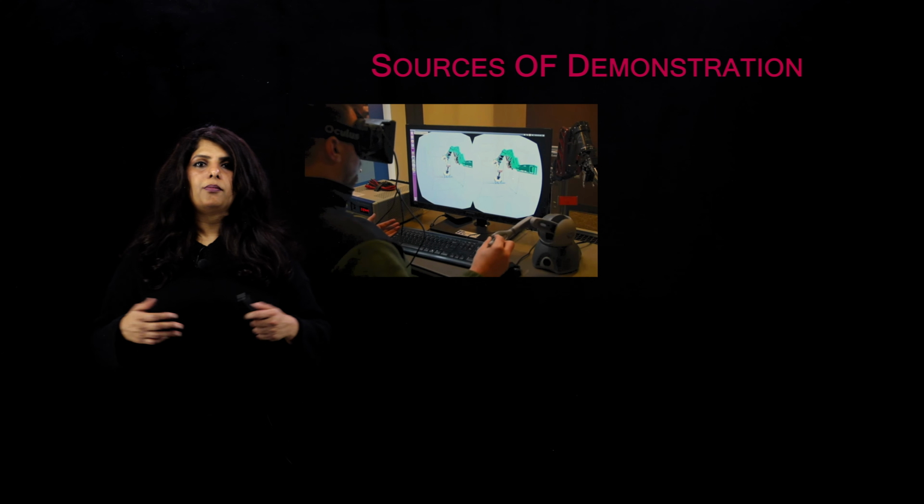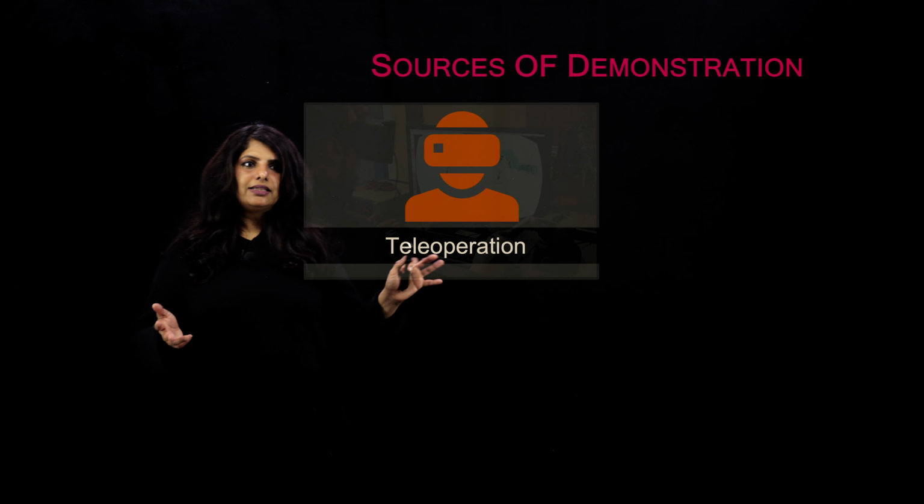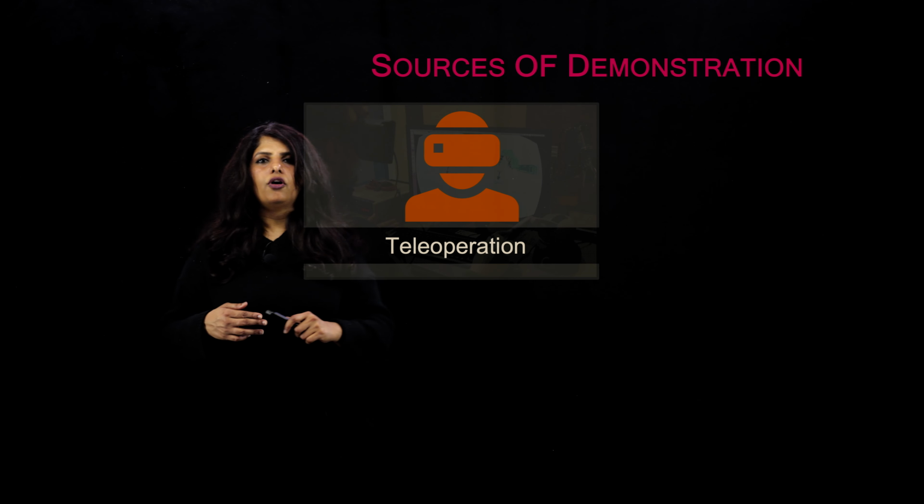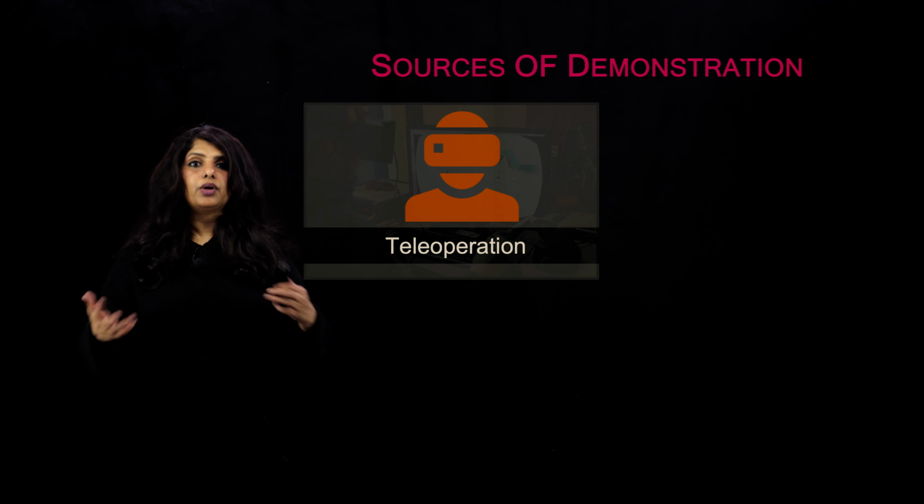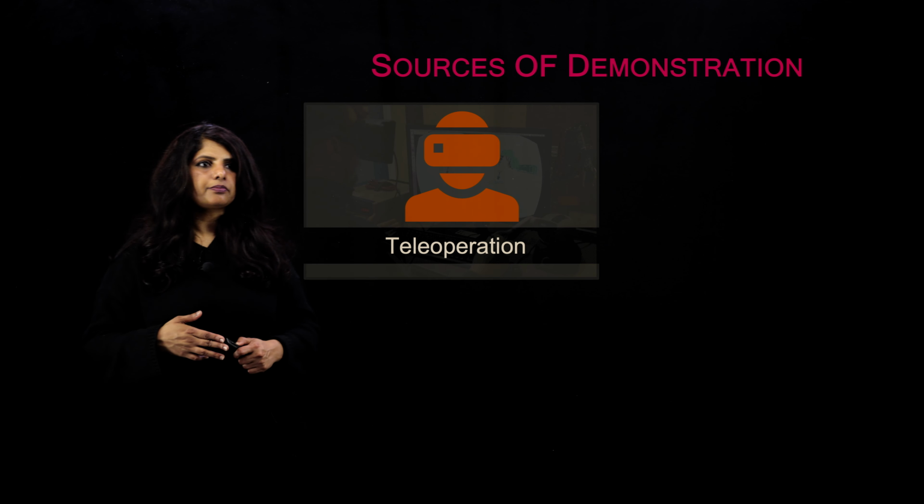In this case, we're making use of a haptic device called Phantom Omni to show demonstration data on exactly how a certain task has to be done. This can serve really well to be able to inform agents how they should perform learning. A lot of data in the literature actually relies on teleoperation information that we're able to collect from users.